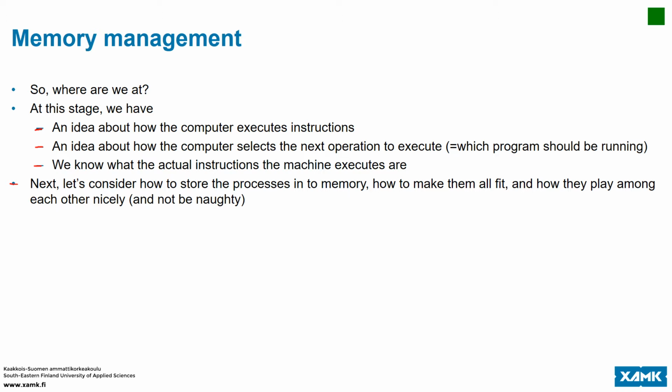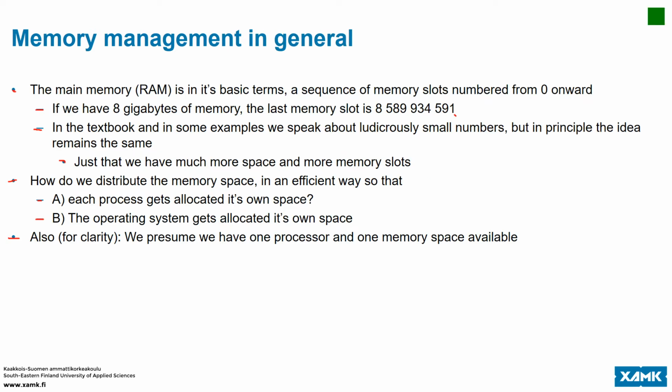So the next step here is to consider how do we store those processes into the system memory, how to make them all fit, how to make them play among each other nicely. So in general, the main memory or random access memory is a sequence of memory slots numbered from 0 onwards. And how many memory slots we have depends on how much RAM memory you have. If we have 8 gigabytes of memory, then the first memory slot is at 0, and the last memory slot is numbered